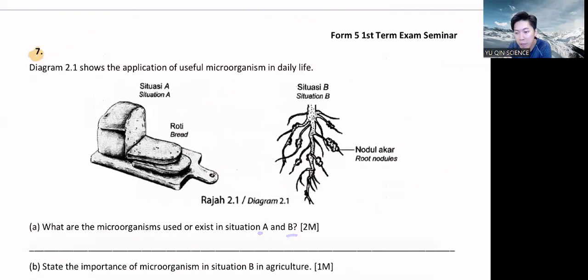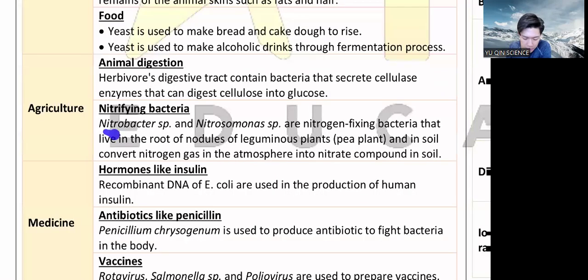Oh, okay, give name lah. Your copy, your short notes. Yeast lah. This one is yeast. Then this one is what? Nitrobacter or Nitrosomonas. Or actually, if you write nitrogen fixing bacteria, acceptable. Or you write nitrifying bacteria, also acceptable. If you think these names are too fancy for you to memorize, then just go with nitrogen fixing bacteria or the nitrifying bacteria. Okay.